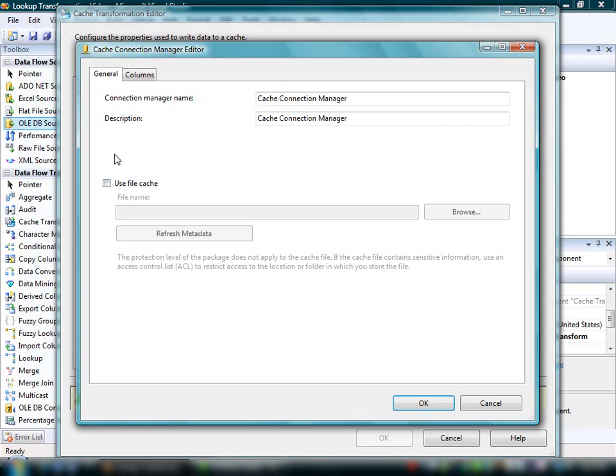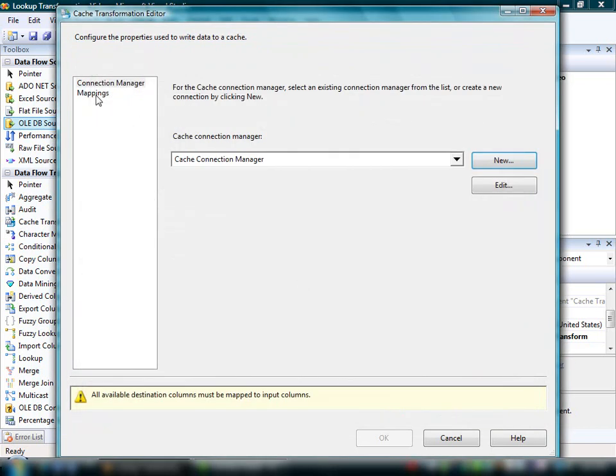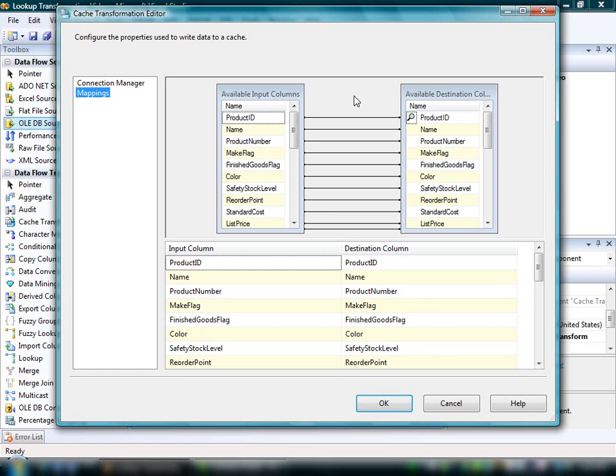You persist the cache to a file by selecting the Use File Cache option and typing the cache file in the file name box or browsing to the cache file. The extension of the file is RAW. Then we click OK to save our settings. Check the mappings of the cache transform, and as you can see, the ProductID column is marked as the index